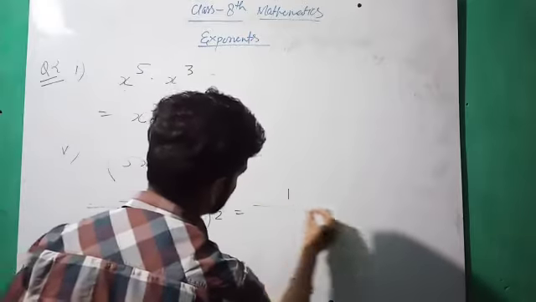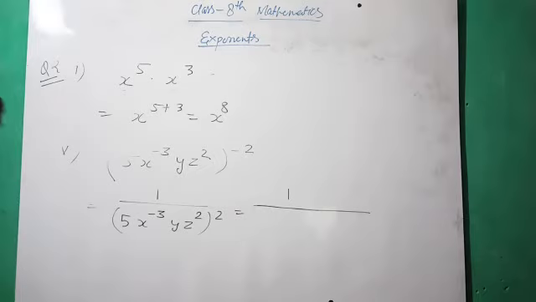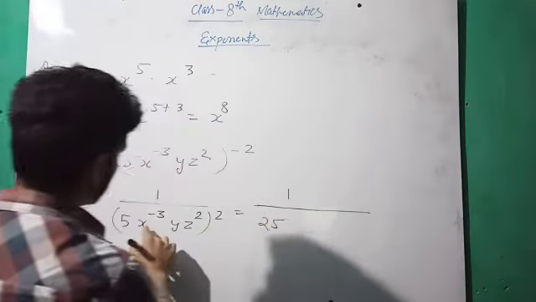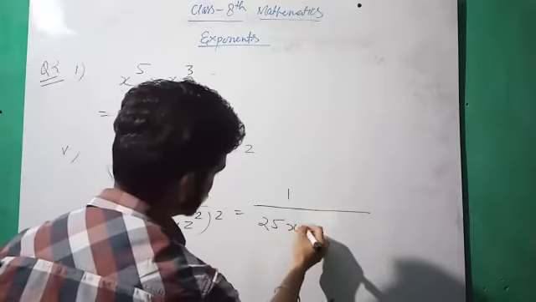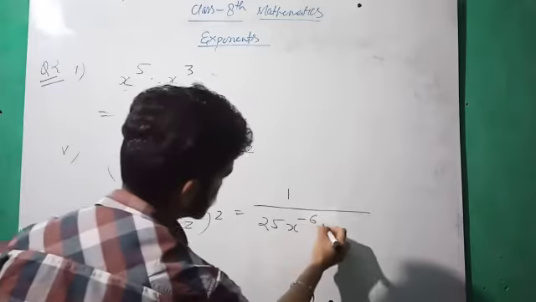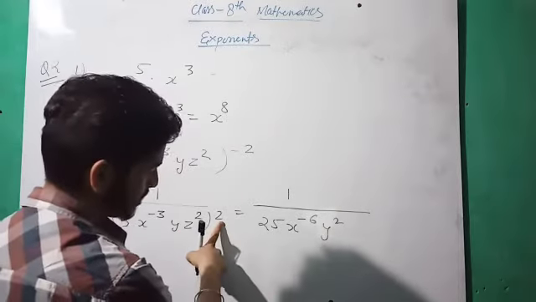Okay, now we have to square each of the variable and constant. 5 square is 25, x to the power minus 3 times 2, so x to the power minus 6, y square times 2 is y to the power 4, z square multiplied by 2, so z to the